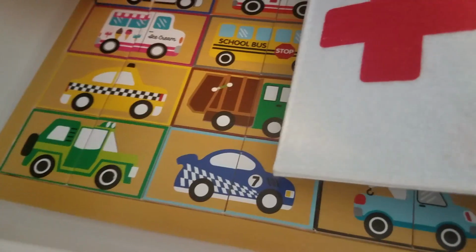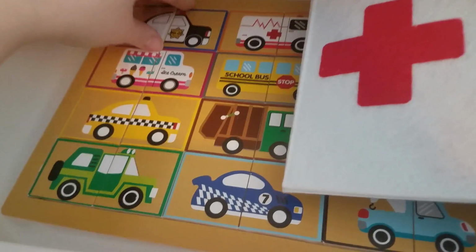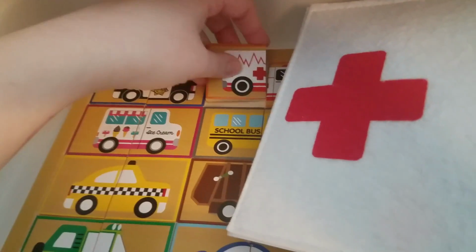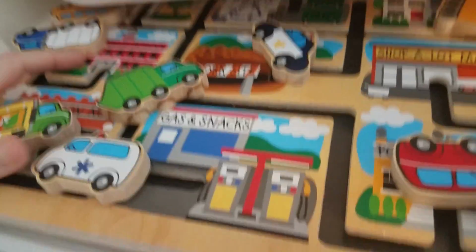And this is available at Target right now. It matches up, but so many of these were community helper vehicles that I went ahead and bought it. Now I can't get it out, but you get it. You match up the ends. So that's just some of the stuff we're working on, but every week, because this is such a big unit,